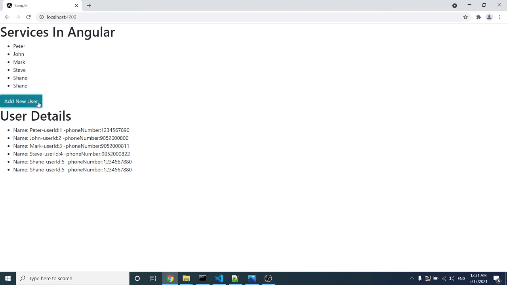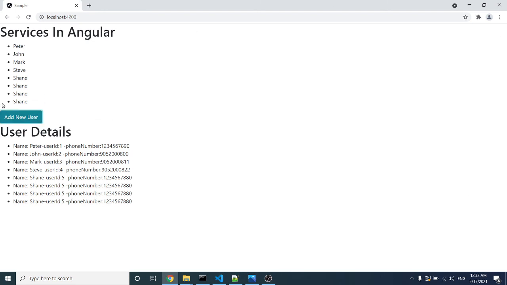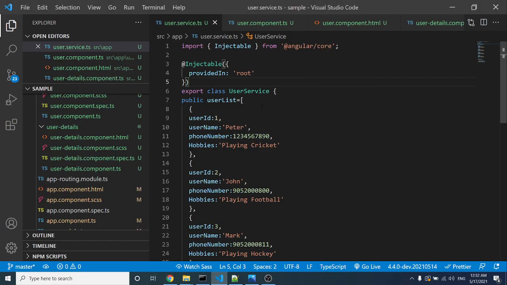So when I click on this Add New User button, the new user is added to the user component as well as the user details component, even though these are two different components. This providedIn root behavior is the default in Angular. When we create a service with the help of Angular CLI, this will be the default.